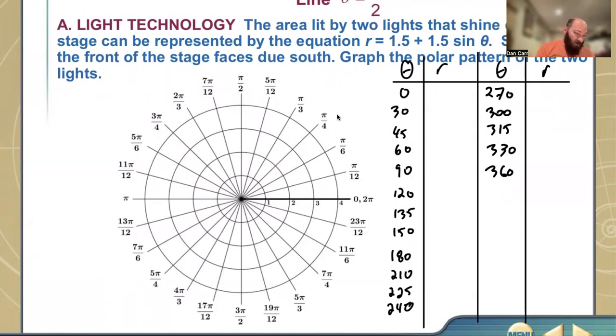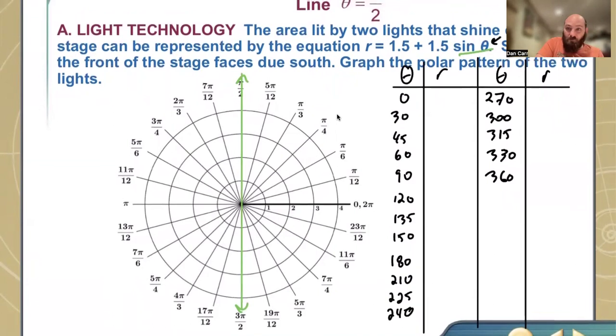So the two lights, so we're going to create symmetry on this line. We're already saying that here. It has to do with the fact that we're doing sine here instead of cosine. I'm just going to keep it in degrees. But if I plug these in, again, I'm going to plug them into right here for theta. And then I'm going to solve the problem through. So what I get is 1.5 here,